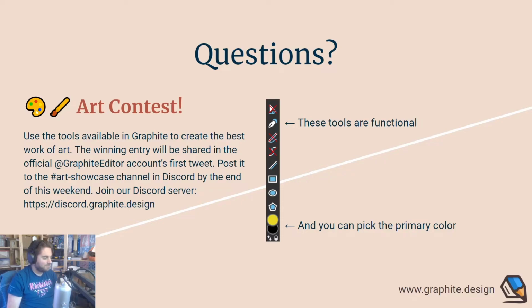And just to quickly mention, if you hold down the Shift key, that will constrain the selection, constrain the shape that you're making to a square aspect ratio, regardless of which shape you're using. If you hold Alt, it will draw from the center, and if you hold Shift while you're drawing a line, that will constrain it to 15-degree increments. And you can also still use Alt to draw from the center. So hopefully that is a little bit of helpful tips to anyone who's trying to make some complex artwork.